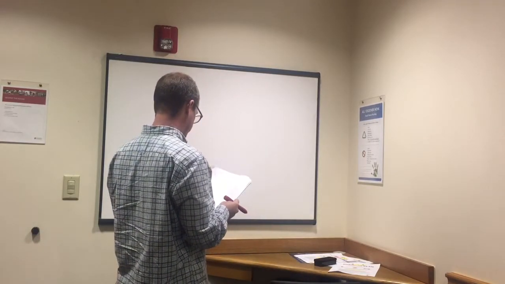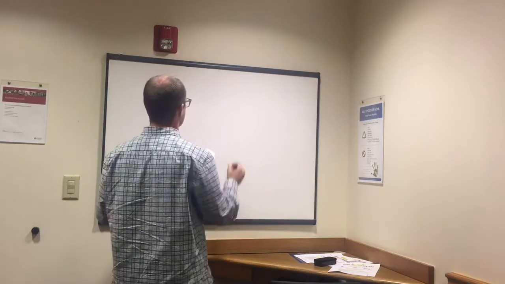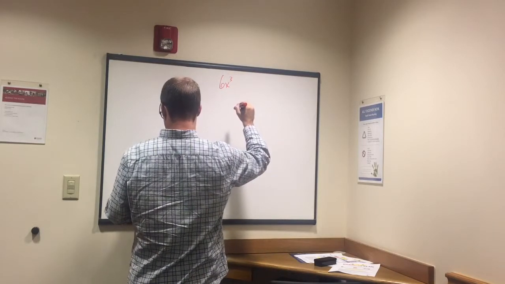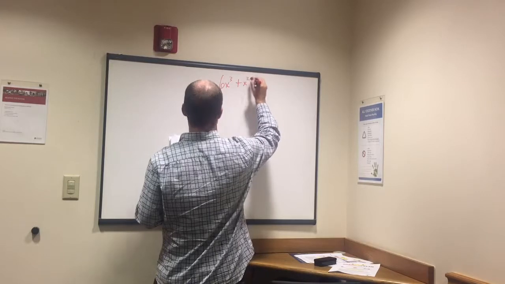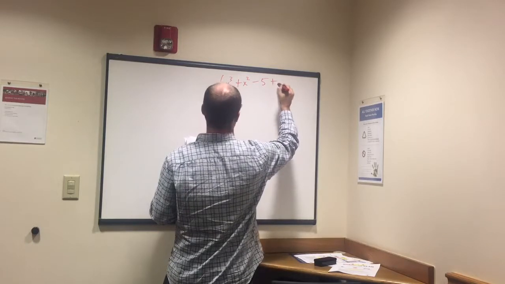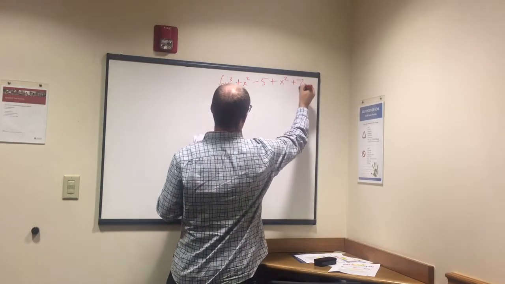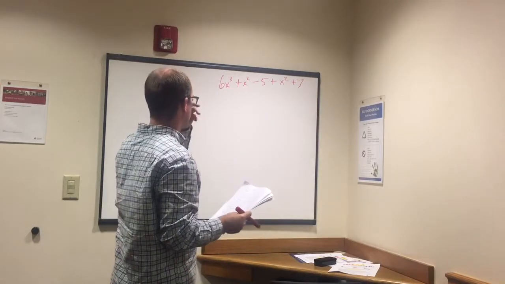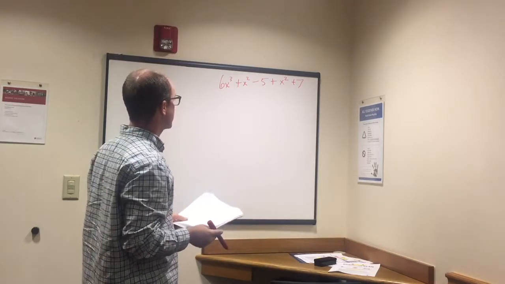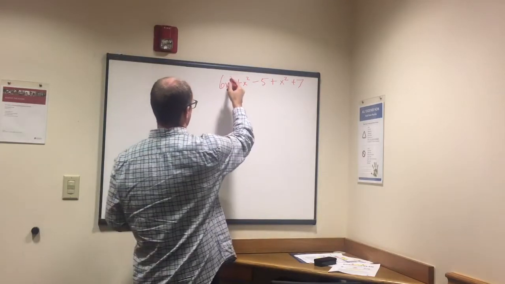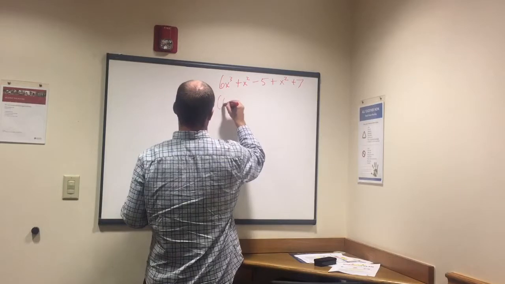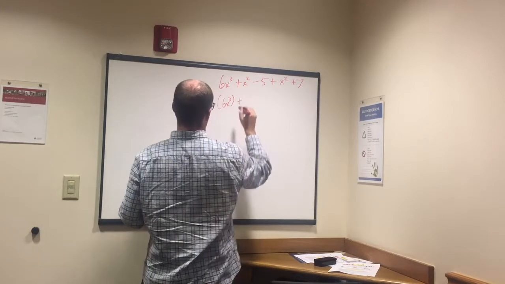Okay. Now we get to stuff where we have to simplify. So this is a little bit harder. We've got 6x to the third plus x squared minus 5 plus x squared again plus 7. What we need to do is combine like terms, and we're trying to simplify this. So do we have any exponents that have 3 except for 6x to the third as we look through here? No. So 6x to the third by itself, plus,